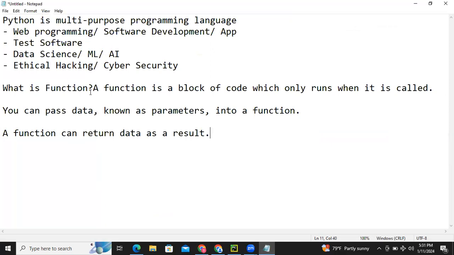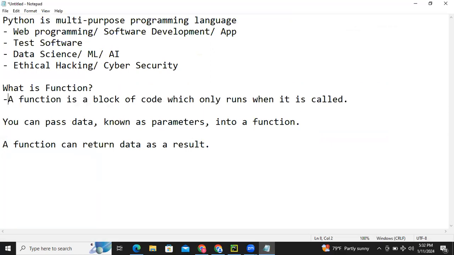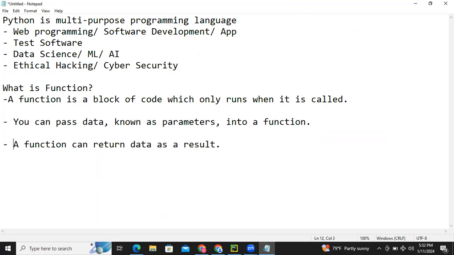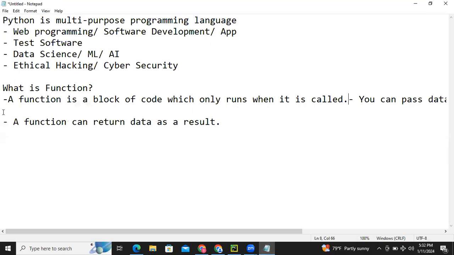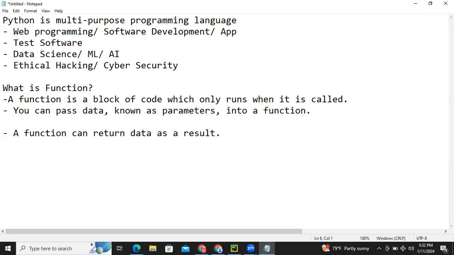Any question? Three things we have to understand. That is, function is just a block of code. The block of code only executes or runs or responds when it is called by the name of the function. Okay.